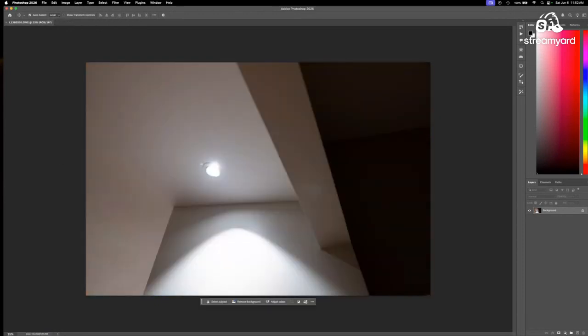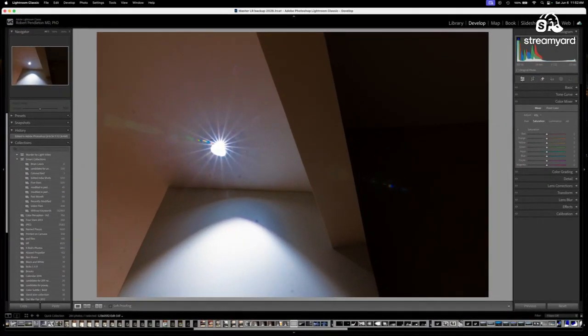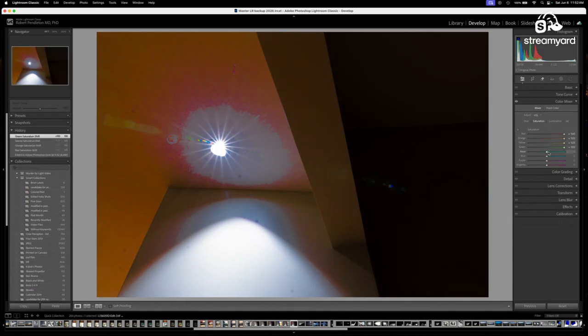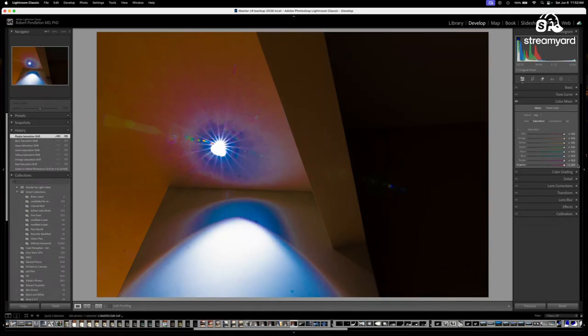Let's do it again. I'm just turning the saturation up of these colors. And you notice we're getting all kinds of colors now and bands of colors. I will usually look at this and make a determination.